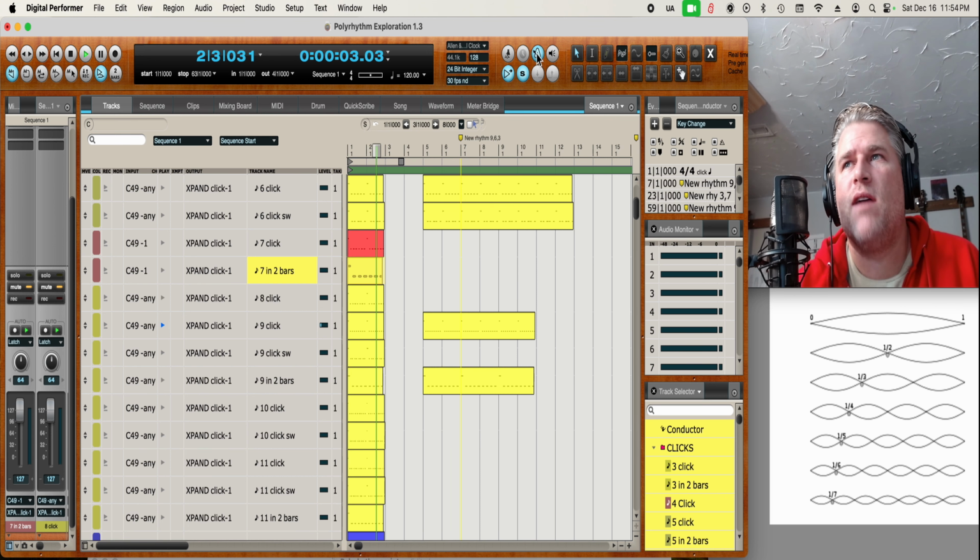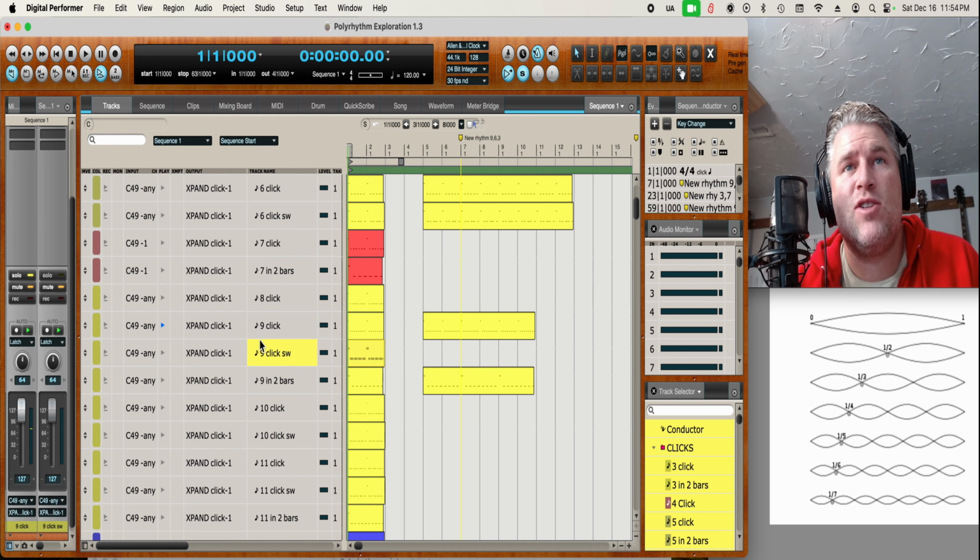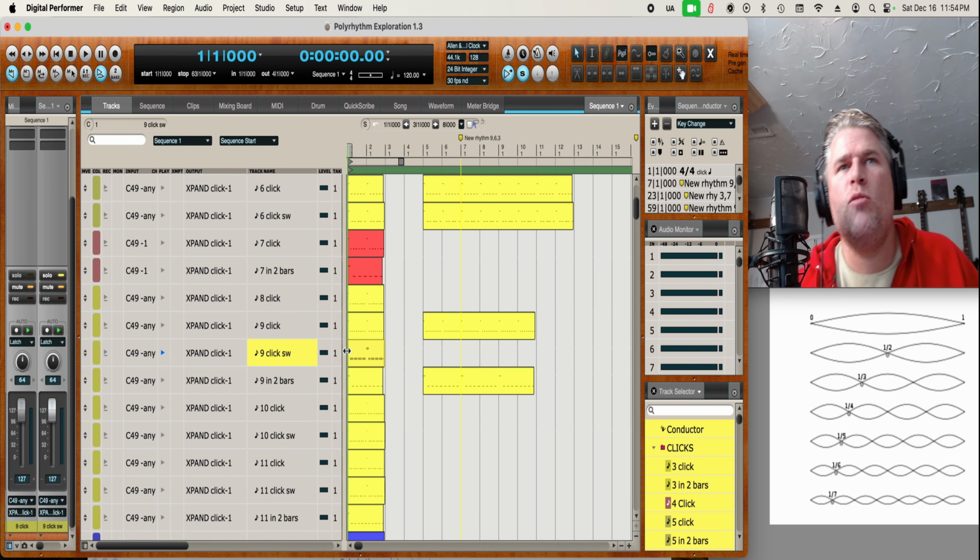1, 2, 3, 4, 5, 6, 7, 8, 9. So if you have 9, you also have the possibility of 9 swing. And remember I said if you have an odd time swing, it takes 2 bars for it to come around,